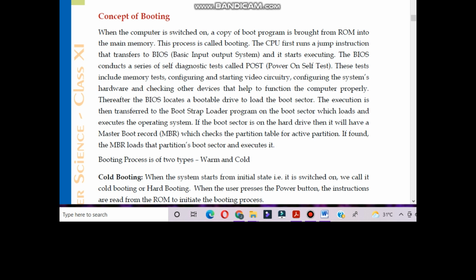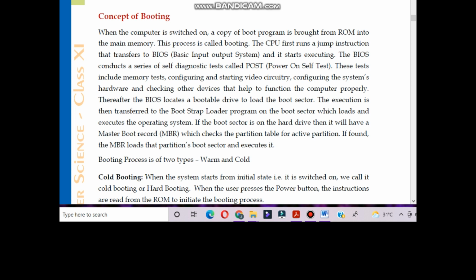So what is the work of the bootstrap loader program? It loads and executes the operating system.